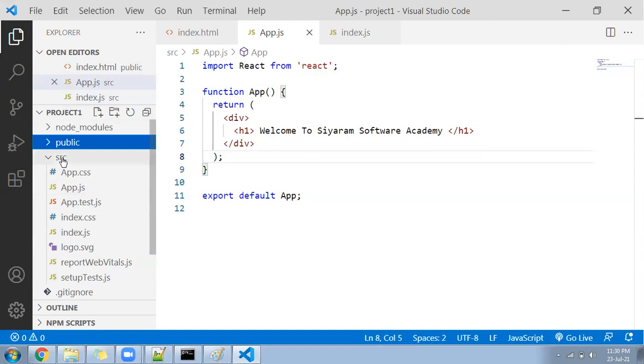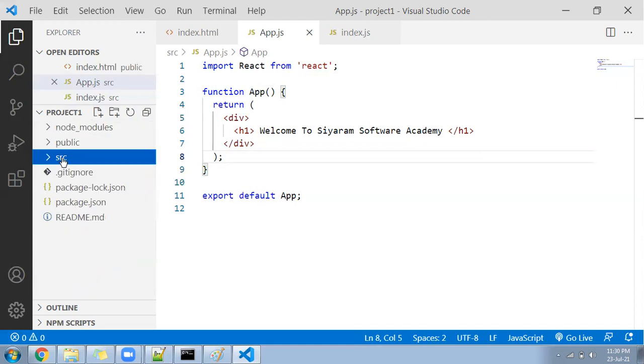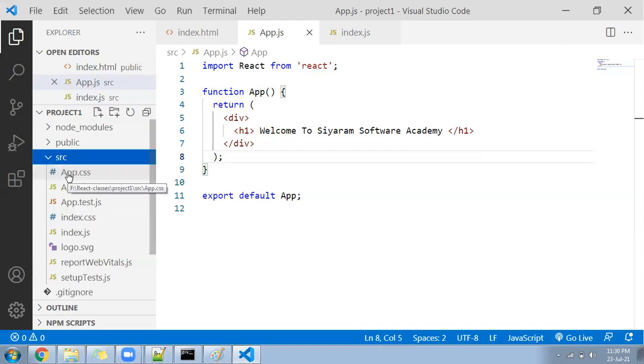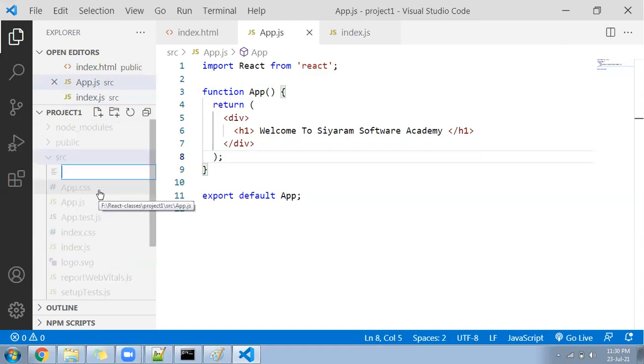Okay, fine. Let's go ahead. Create a file here and give the file name home.js. As we discussed in the beginning, a component is nothing but a JavaScript file in React, and it is of two types.